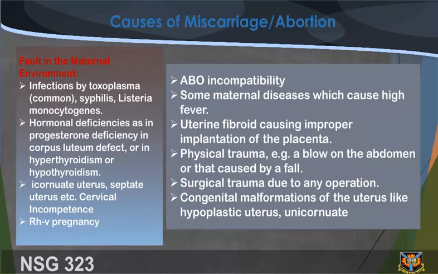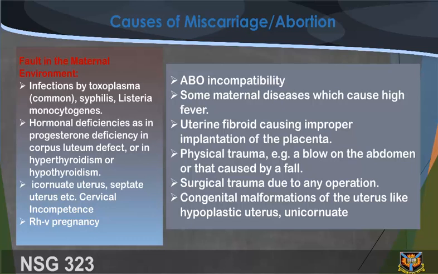Faults in the maternal environment: infections by toxoplasma, cytomegalovirus, syphilis, Listeria monocytogenes; hormonal deficiencies, as in progesterone deficiency, in corpus luteum defect, or in hyperthyroidism or hypothyroidism; incarcerated uterus, septate uterus, etc.; cervical incompetence; Rh incompatibility; ABO incompatibility;